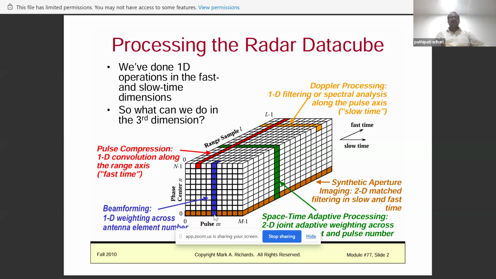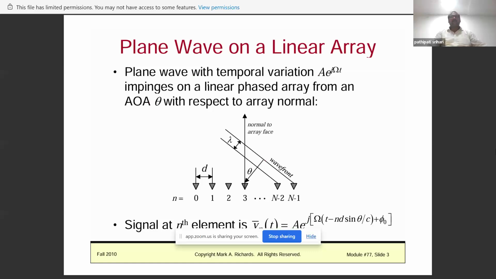Yeah, so like this, the things are here. So x-axis, and if you consider this as y-axis, then range samples are y-axis. Then the vertical one is known as z-axis, so phase centers. So considering this, a plane wave, a uniform plane wave on a linear antenna array will be